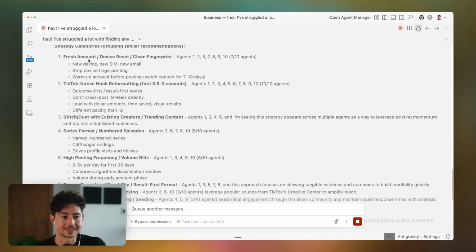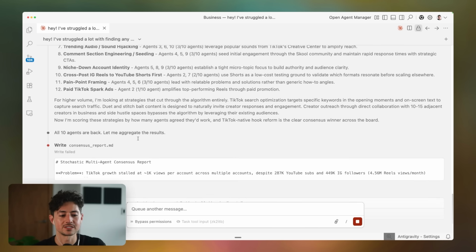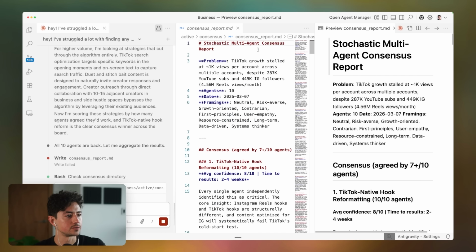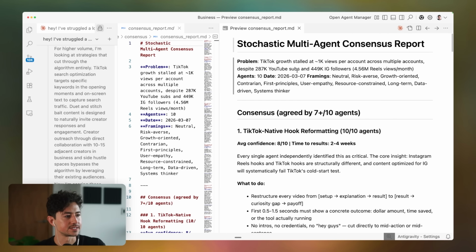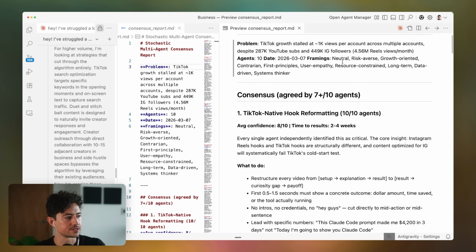And the ideas will be consensus ideas, like the idea of a fresh account. But there will also be outlier ideas, like pain point framing, paid TikTok Spark ads, niching down your account identity, cross-posting your Instagram Reels to YouTube Shorts first. I mean, there are a lot of possible ideas, right? Now, it's opened up this consensus report, which I can visualize for you guys by clicking this button. And you can see here it's now saying, hey, here is the context. TikTok growth stalled at 1K views per account across multiple accounts, despite this massive YouTube subs and 450,000 followers